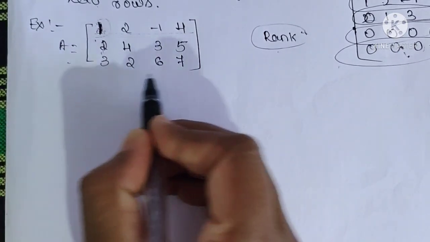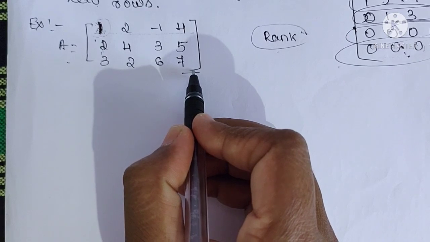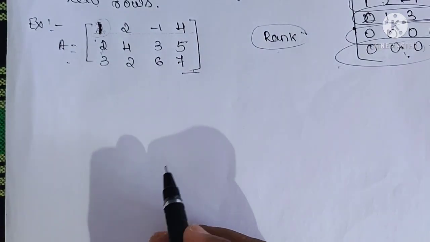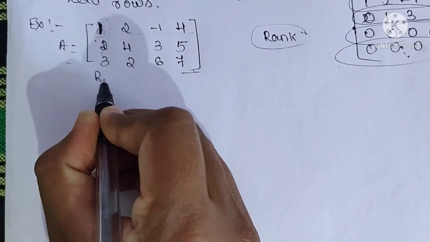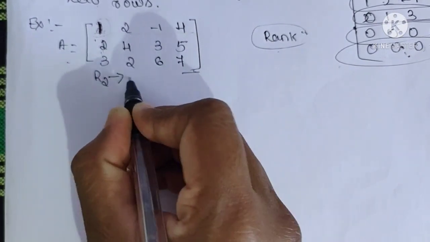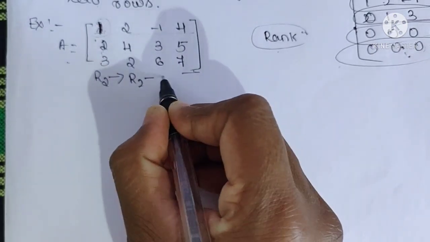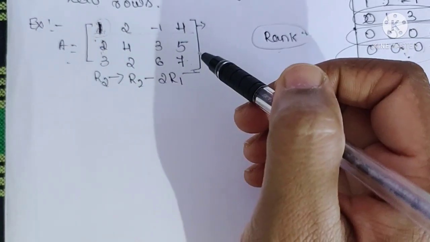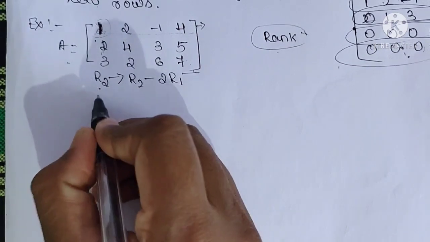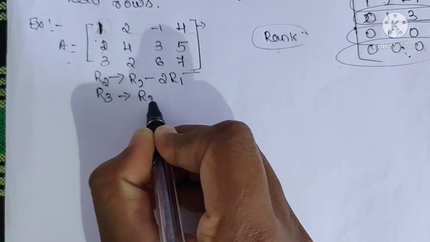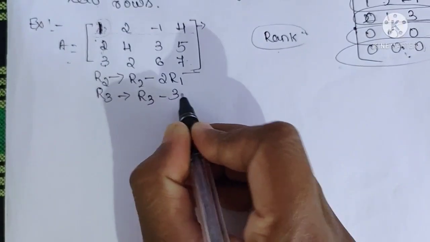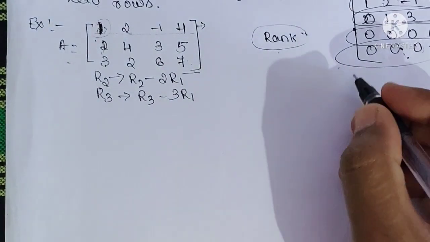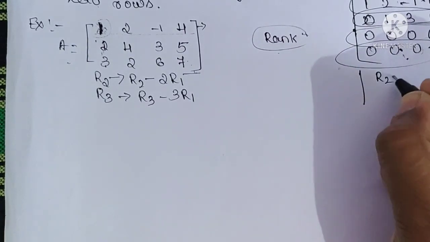Now this is the given matrix. This matrix we have to reduce into echelon form by using row transformations. See, here you have to apply the first transformation, that is row 2 changes to row 2 minus 2 into row 1. By reference to the first row you have to reduce this matrix into an upper triangular matrix, meaning the below-diagonal elements you have to make 0. For that reason you apply the row transformation: row 3 changes to row 3 minus 3 into row 1. These row transformations you simplify on the side. See, row 2 minus 2 into row 1 value.